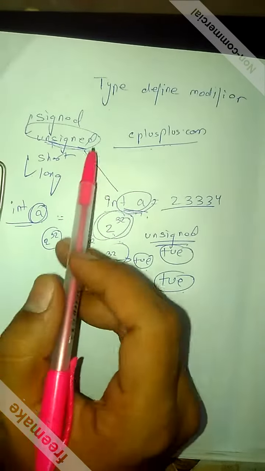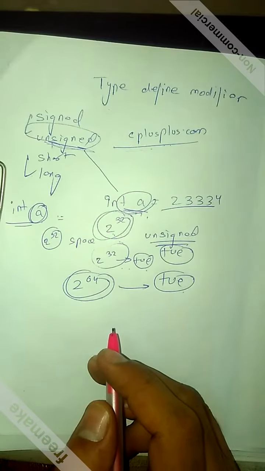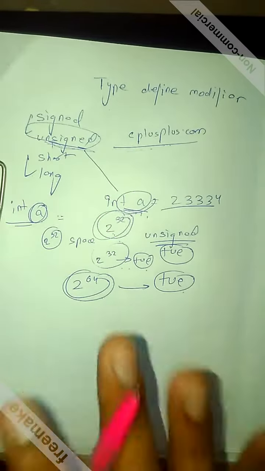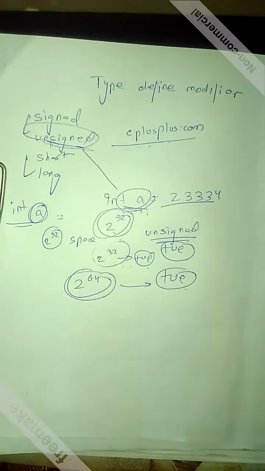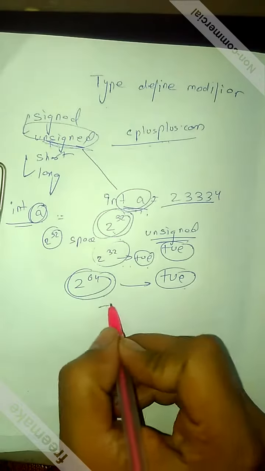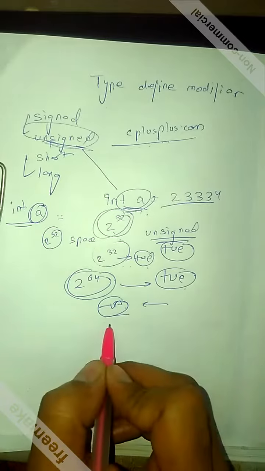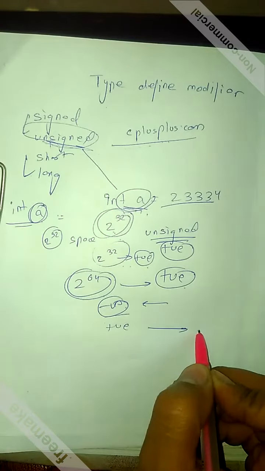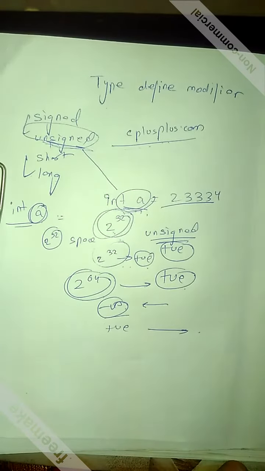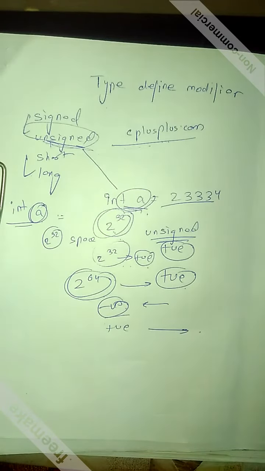Just the opposite of unsigned, the signed type-defined modifier is there. If we define a number with the signed modifier, then the compiler will know that this number is going to be either positive or negative. If it is negative, the whole space will be reserved for negative numbers, and if it is positive, the whole space will be reserved for positive numbers. In that way, there will be less limitation in the storage of that certain number